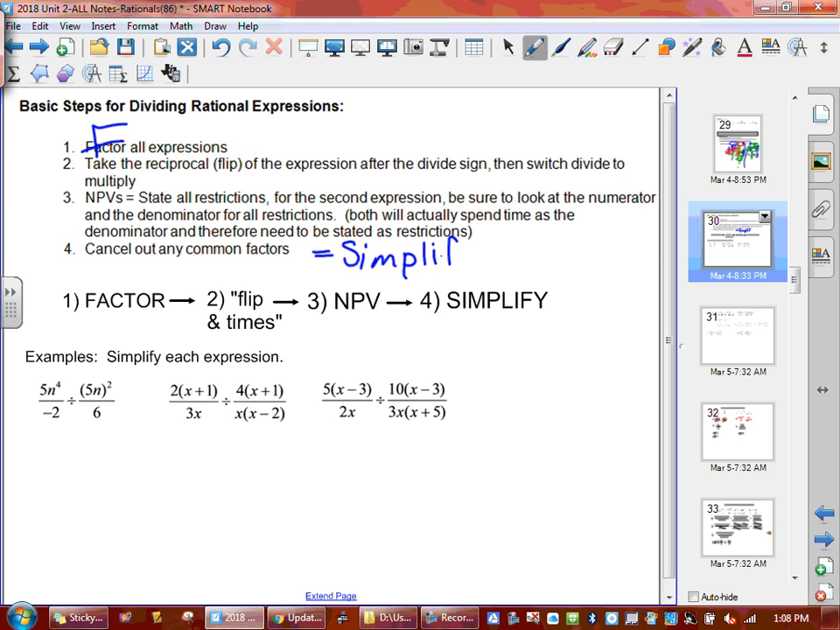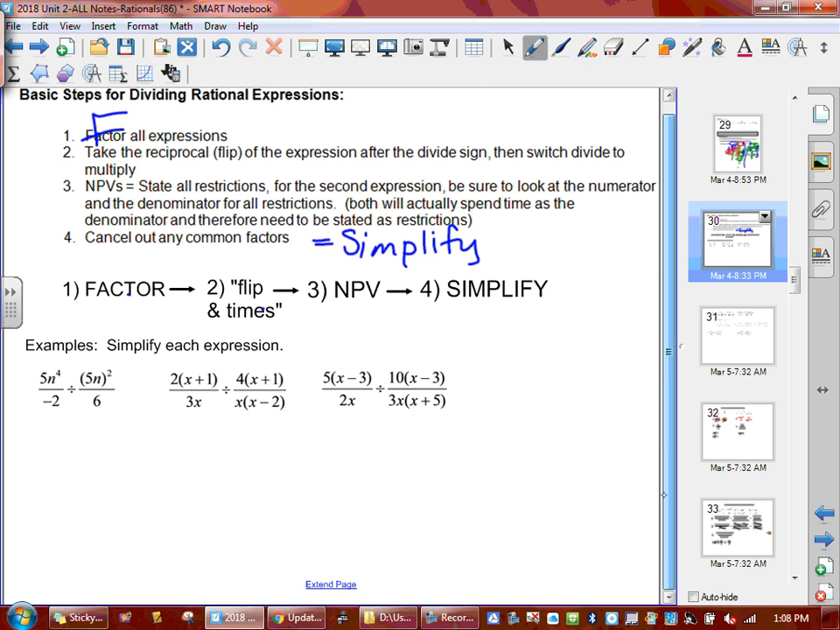So we're going to factor, we're going to flip the guy on the right and change it to a multiply, then do our non-permissibles, then simplify, crossing out the common factors. Okay? So let's take each of these slowly together. So our first example